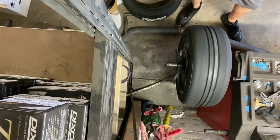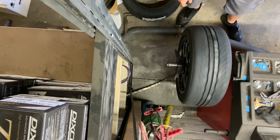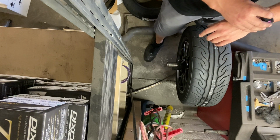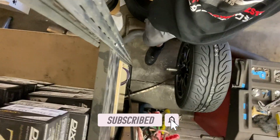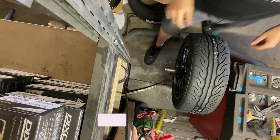Then you can start running the machine, and it will calculate how much balancing is needed with little pieces of lead or weights, so to speak. And now I'm going to show you just the result I got. So I'm pretty chuffed. 0 grams and 5 grams on the right side from our perspective here,